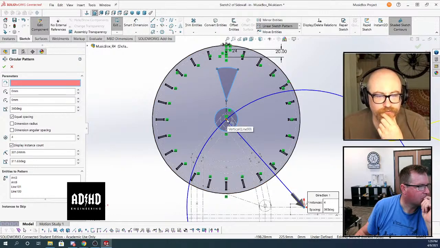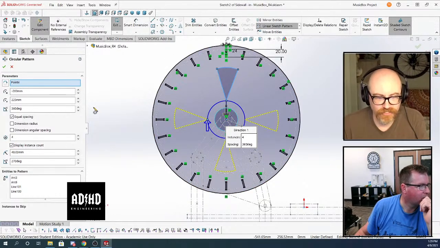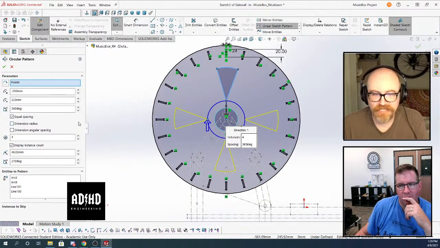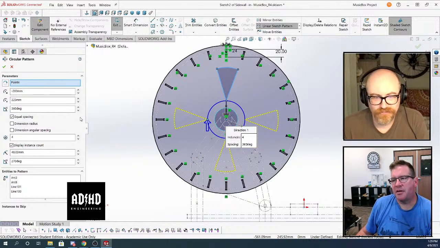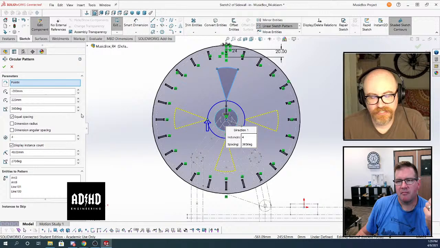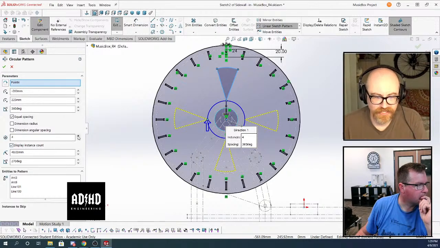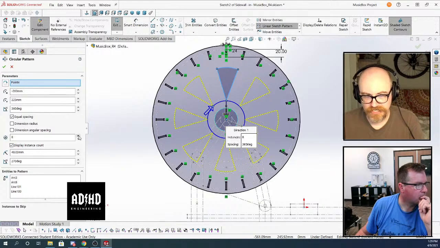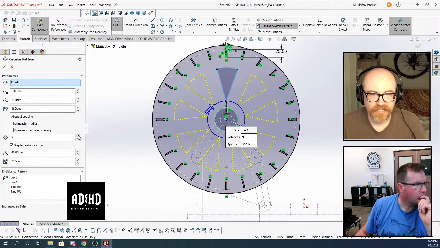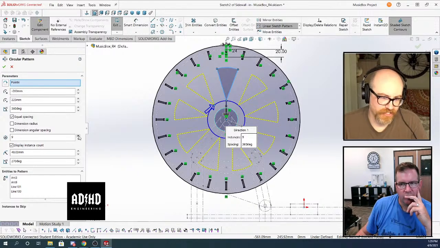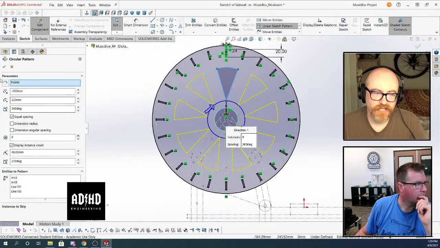A rule of thumb is, first of all, if it can be a feature instead of something you have to do in a sketch, make it a feature. Yeah, but why would I have another sketch and another extrude just for making those slots? Well, that's the thing. You're really making a thing with a bunch of features in it, right? So you're making a disk. That should be a sketch. And you're cutting a bunch of holes.